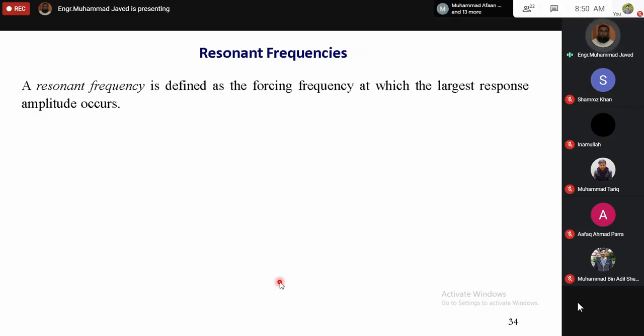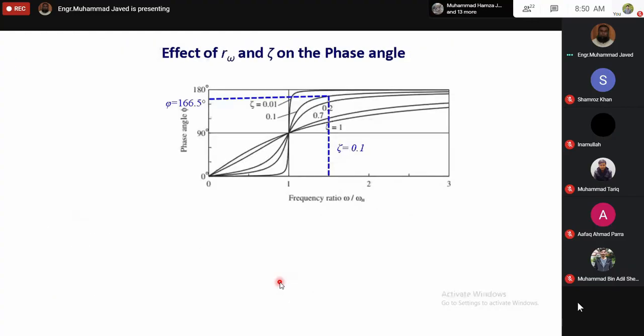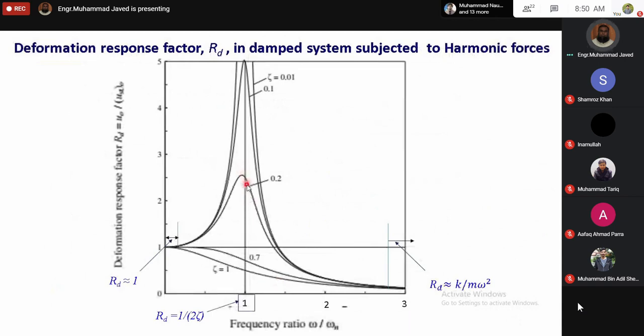Now coming to the resonant frequency. यहाँ पे अगर आप देखें तो ये आर डी की पीक वैल्यू जो है ये आर ओमेगा इज इक्वल टू 1 पर नहीं आ रही है हमारे पास। दोबारा आप देखें आर डी की जो ये पीक वैल्यू है ये हमारे पास आर ओमेगा इक्वल टू 1 पर नहीं आ रही है, बल्कि आर ओमेगा इक्वल टू 1 से थोड़ी कम वैल्यू पर आ रही है, यहां पर आ रही है। यहां पर भी आप देखें तो ये पीक वैल्यू आर ओमेगा इज इक्वल टू 1 पर नहीं है, बल्कि थोड़ी सी छोटी वैल्यू पर है।